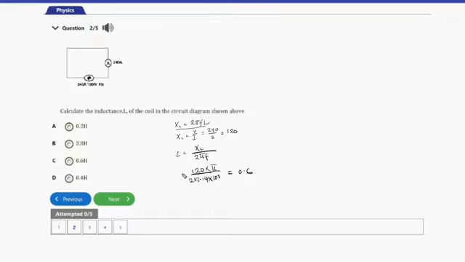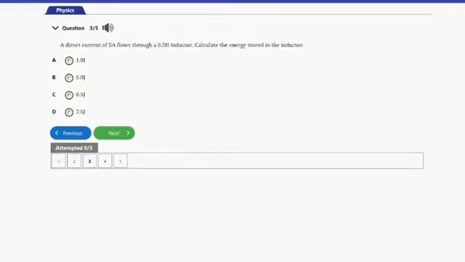So let's go ahead and consider the next question, guys. That's question number 3 here. It says, a direct current of 5 amps flows through a 0.2H inductor. Calculate the energy stored in the inductor. This is just very simple. We are going to use the equation E is equal to half